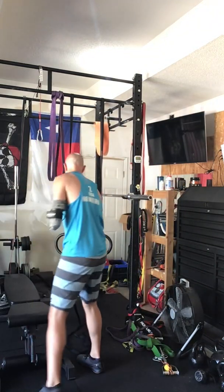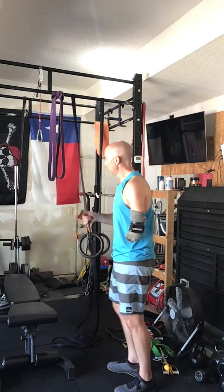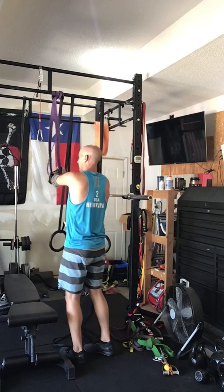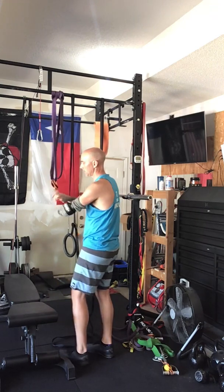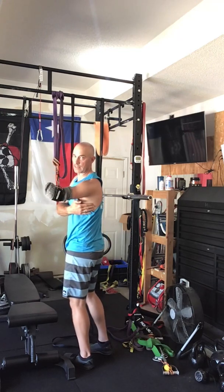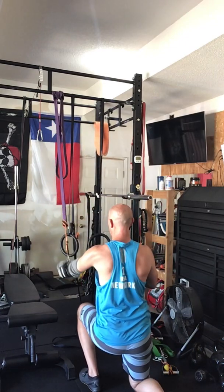Let's see here. Last one I'm gonna show you is going to be a real simple one. And I had you buy. Actually, I'm going to show you a couple of them. I had you buy bands, these types of bands, for a couple of reasons. One, if I really want to get serious about this lat doing what it needs to do, then I'm going to isolate this side, my non-dominant side, and spend